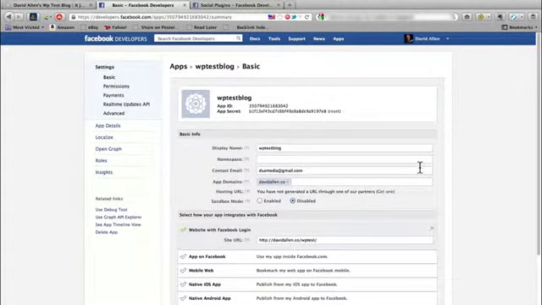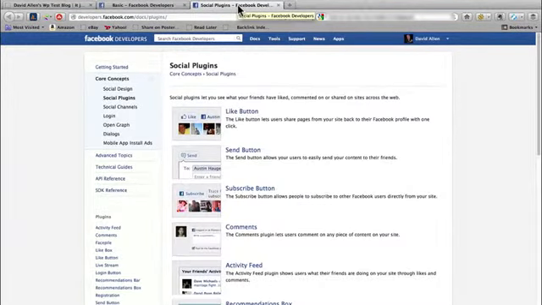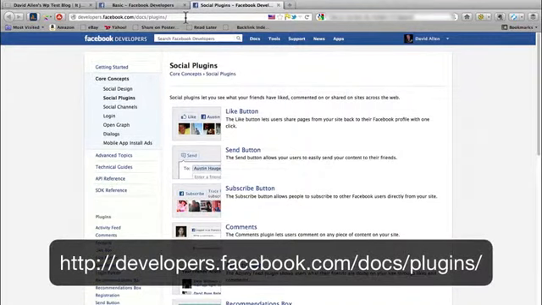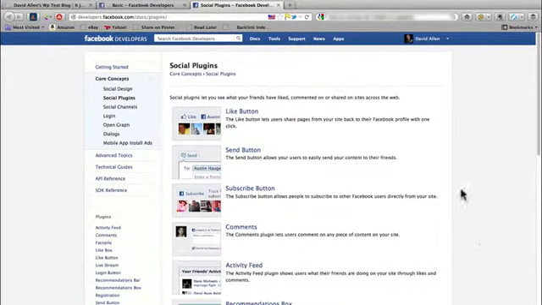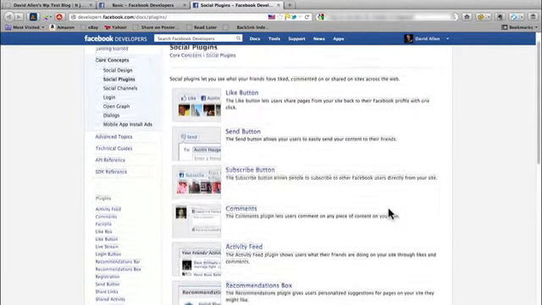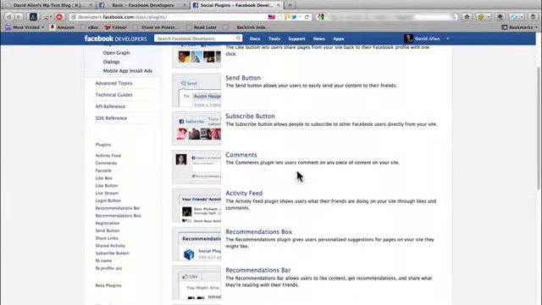Okay, now with the app created, what we've got to do now is go over to this URL here, which is developers.facebook.com/docs/plugins, and you'll come to this page. What we want to do is go down to the comments plugin, which is made available here on the Facebook site. So hit comments,